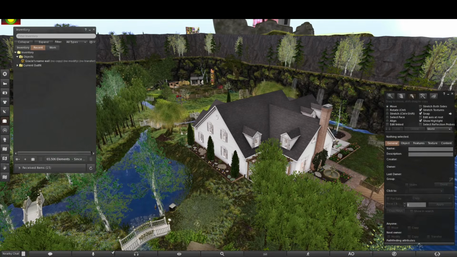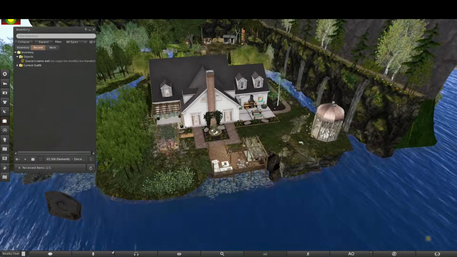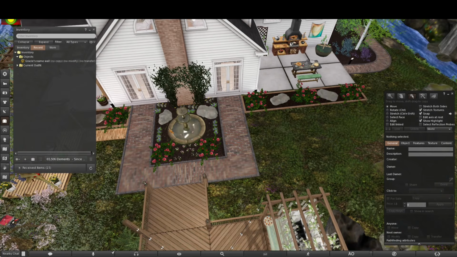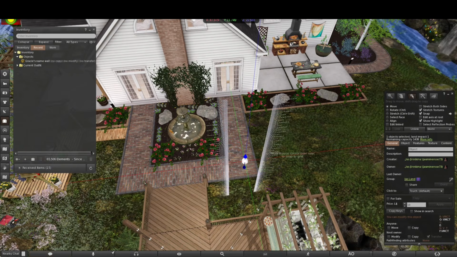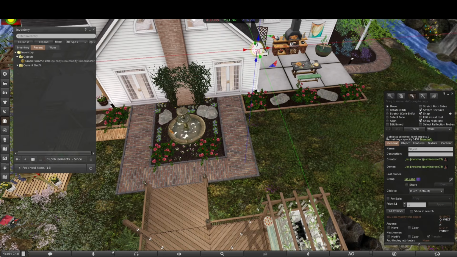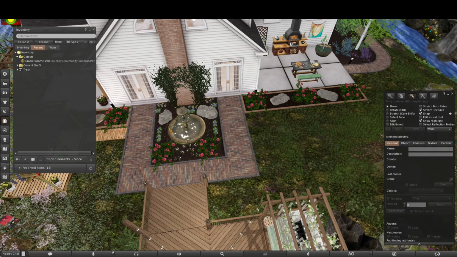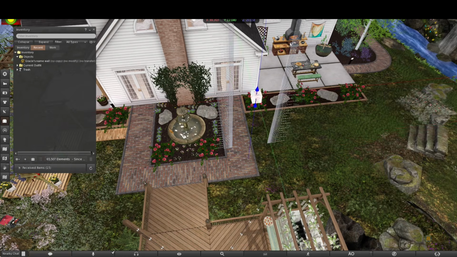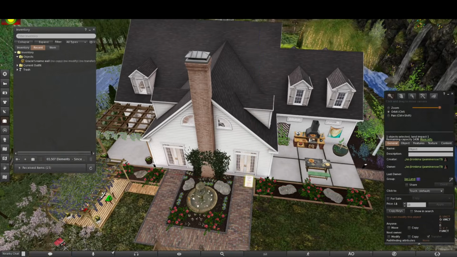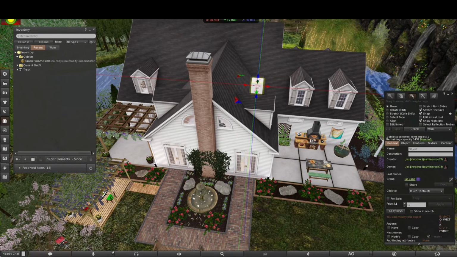Let's go out here so you can understand what this process does. Because later on, let me try to make a prim, you guys. There we go. Actually, I don't want a sphere. This time I want a square. I want a square. Thanks. There we go. So I just took that into my inventory. So now,